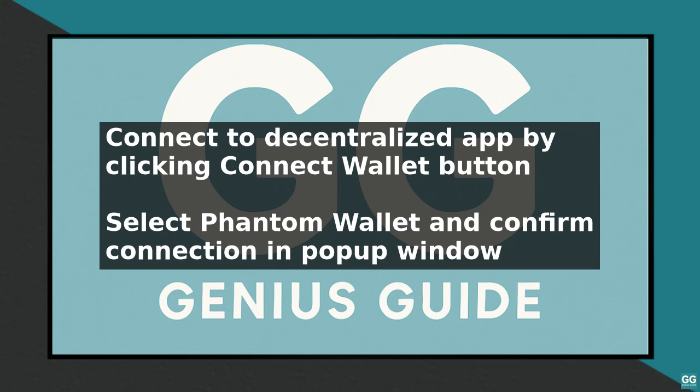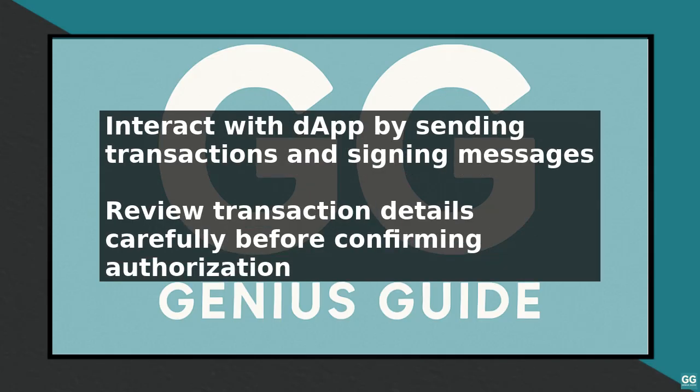Once connected, you can interact with the dApp by sending transactions, signing messages, and approving actions. Always review the transaction details carefully before confirming to ensure you are authorizing the correct action. When interacting with dApps, it is essential to be cautious and only connect to trusted applications. Never share your seed phrase or private keys with anyone, and always keep your wallet and browser up to date to protect against potential security